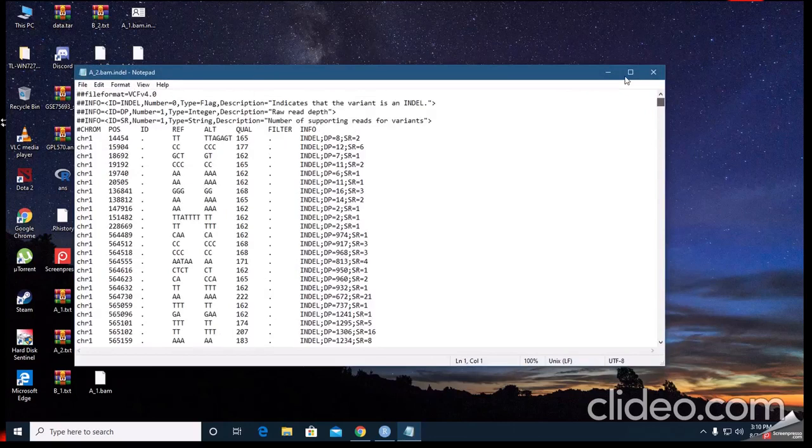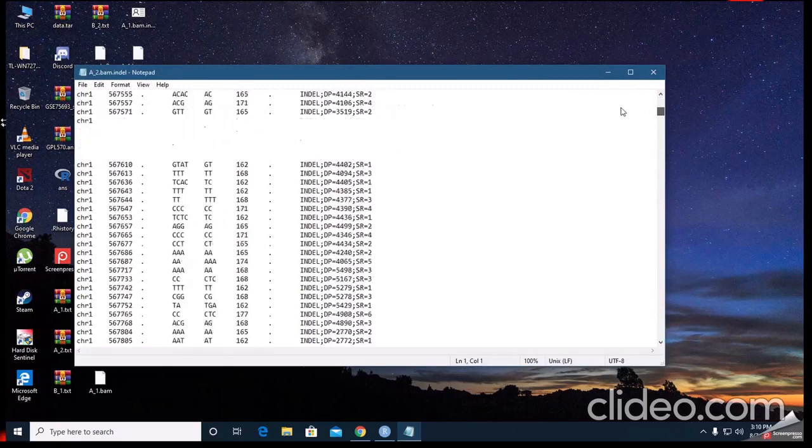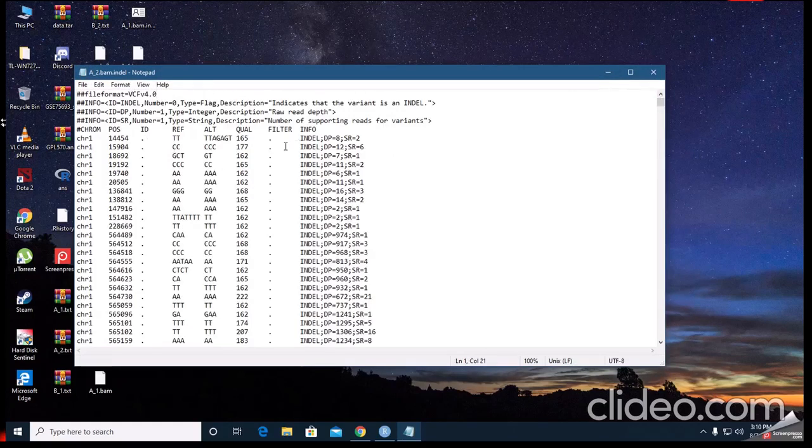This is the reference chromosome, the reference genome, and then it shows what is the reference and also shows the index.